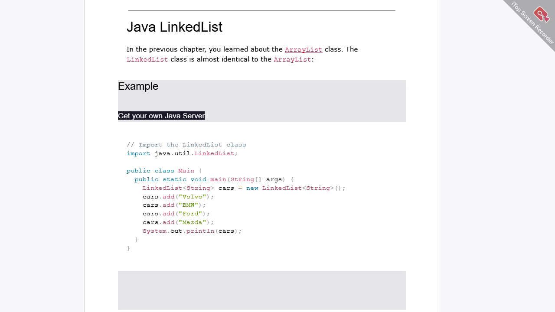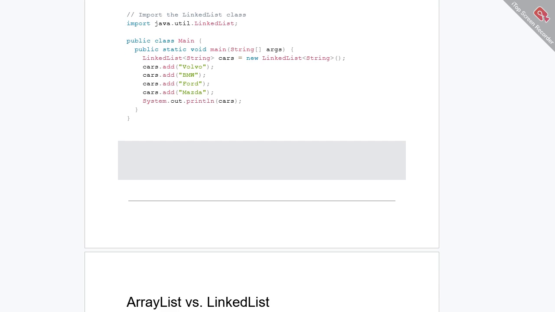Import the linked list class. import java.util.LinkedList; public class Main { public static void main(String[] args) { LinkedList<String> cars = new LinkedList<String>(); cars.add("Volvo"); cars.add("BMW"); cars.add("Ford"); System.out.println(cars);